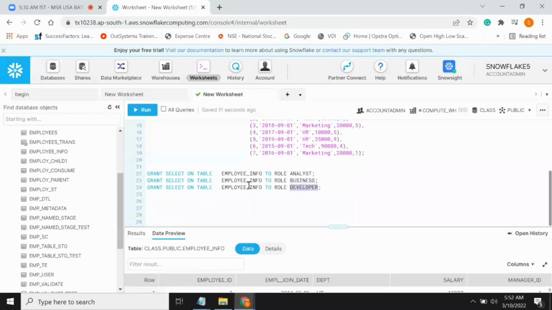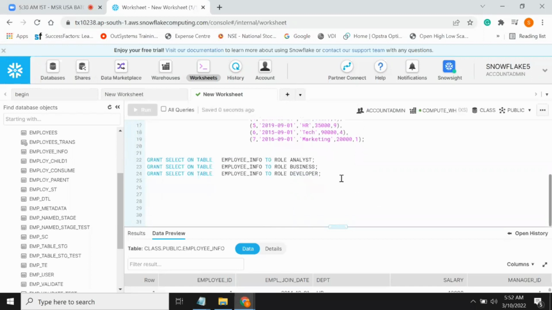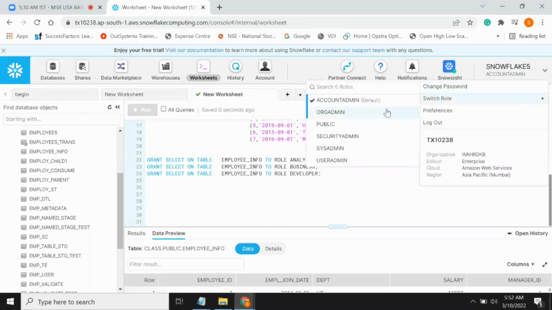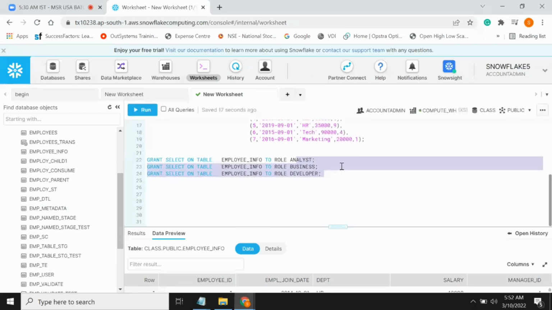For all the tables, we are giving grant select access. So select access means they can see the data. Okay, this is fine. But these roles have to be assigned to this user. If you observe, for this user, we cannot see that, right? Now we have to assign these roles to this particular user, then only